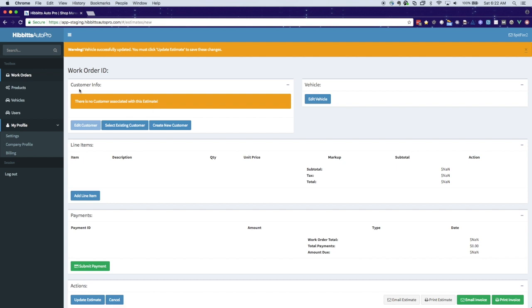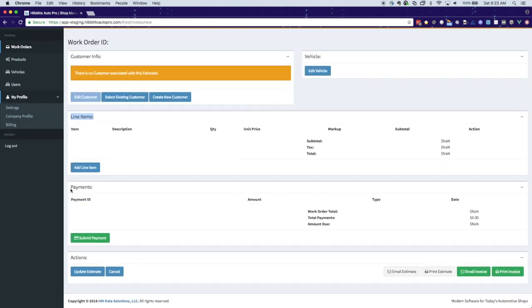Work orders are made up of a series of panels to describe the different areas that are required to have a complete work order. They start with having a customer tied to this work order, a vehicle tied to this work order, and the line items associated with this work order. Line items are service items such as oil change, any parts, or anything that would be billed to the end customer. We also have a payments section which goes over any cost associated with a work order that will be